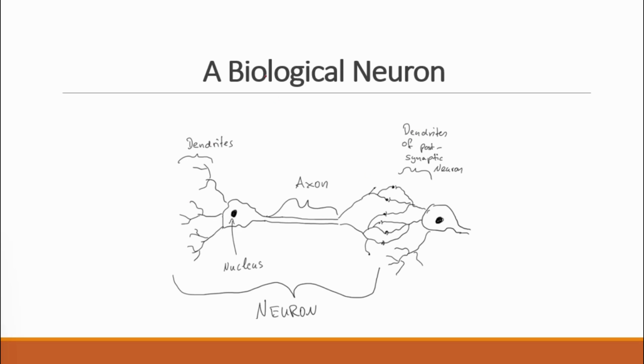Also in this video, we're not going to talk about multi-layered networks and networks with many parameters. We are going to start simple, talking about a simple neural model: a computational model of the biological neuron. Just to recap what a biological neuron is, a neuron is a nerve cell.